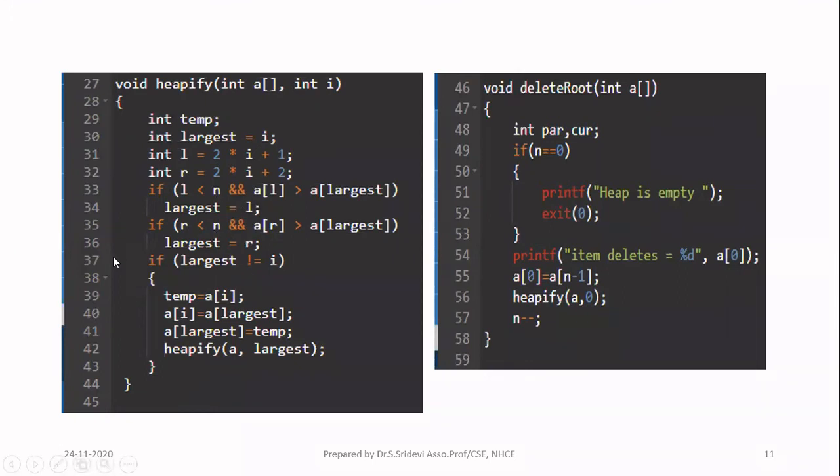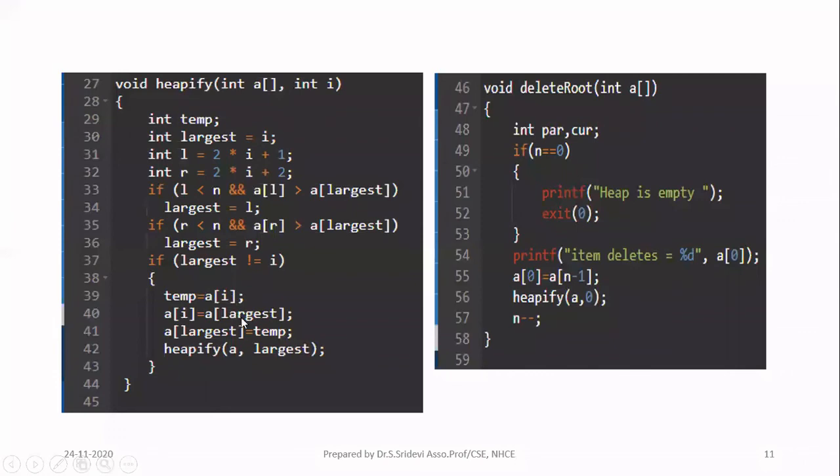So whatever may be, when you compare to line number 37, largest will give you the index of the largest node out of the 3 nodes. Now you are going to check whether you need to swap the root or not. Sometimes the largest may be the root index itself. That means the root is already in the final position, no need to swap. Here I is the index of the root node, and largest is the index of the largest node out of the 3. If both indices are the same, it means the root is the largest node, so no need for any swapping. If they are not equal, then only you will do the swapping.